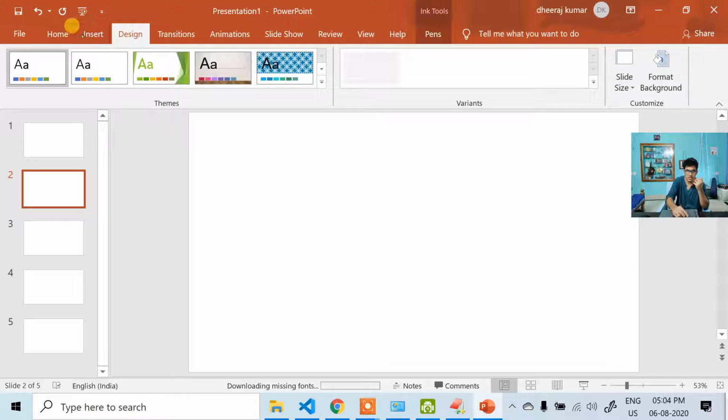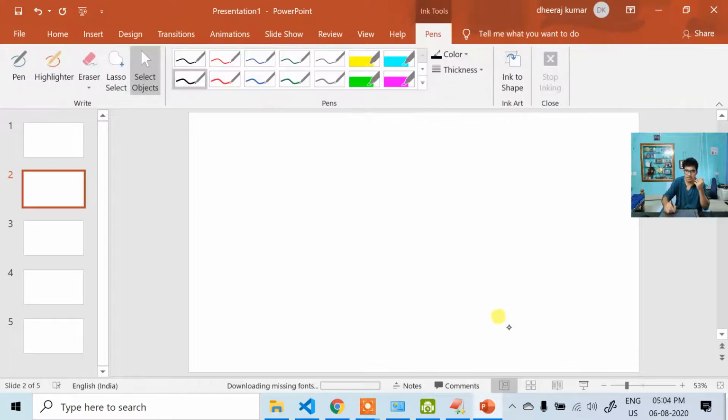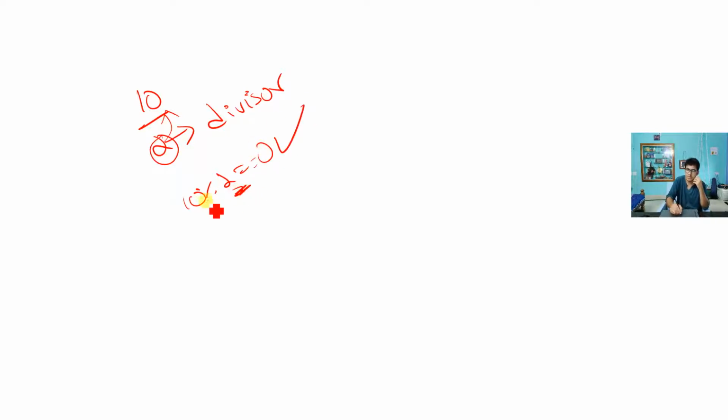Okay, design, insert, pens. So 10 divided by 2, this 2 is called a divisor. Why? 2 completely divides 10, right? Say 10 mod 2, don't you think it is 0? Yes, which means 2 is a divisor of 10.